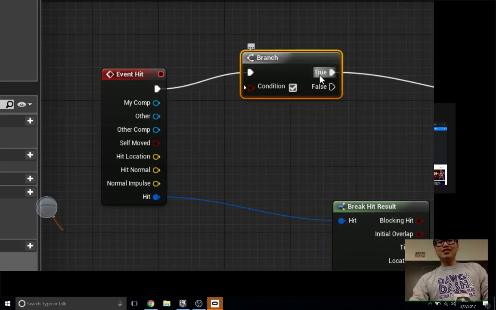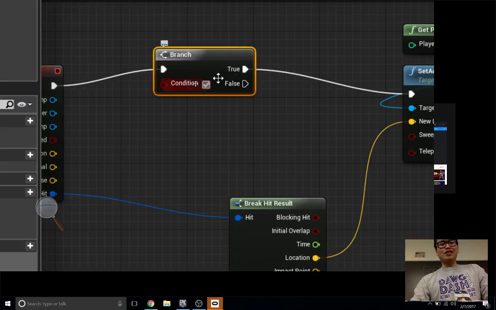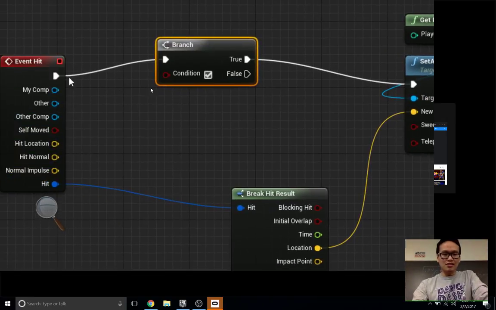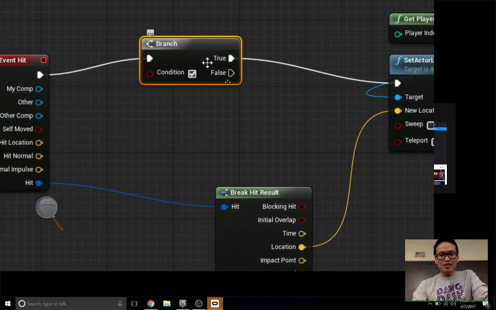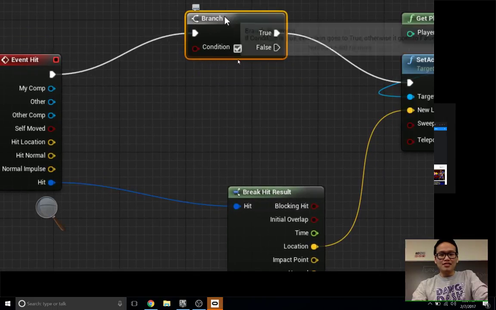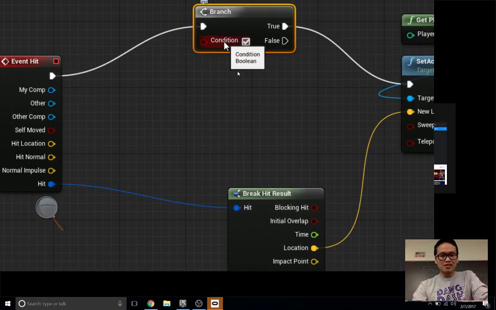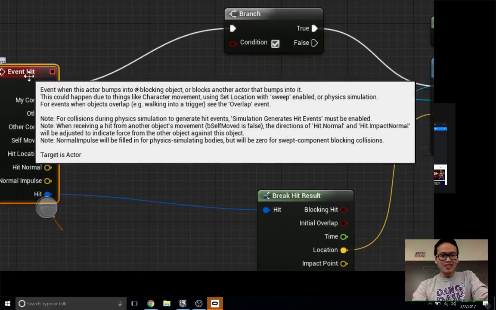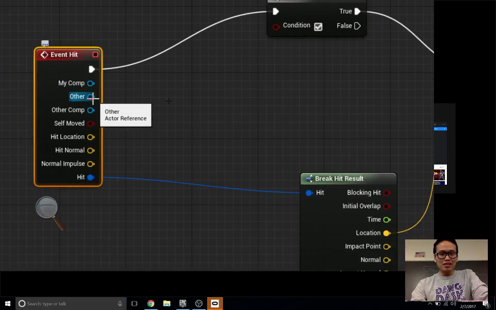If you type that in, it's automatically inserted in the middle. If not, you can just connect the dots. So what we want to do is find a condition for whether we actually hit the floor. You see, the event hit returns an actor reference.